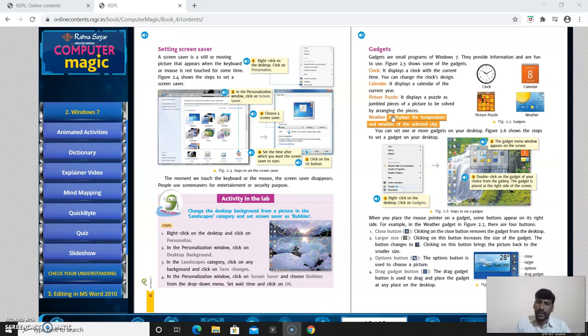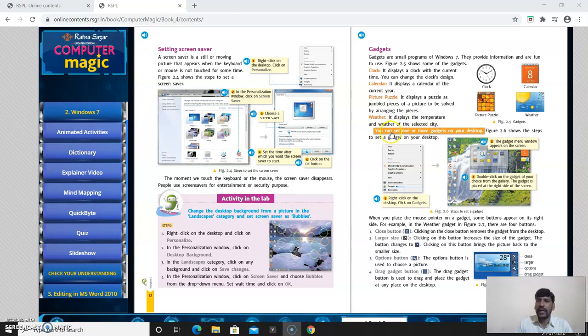If you select Mumbai, it will show the temperature, weather, and present day for Mumbai. Clear, my dears? These are the four gadgets: clock, calendar, picture puzzle, and weather.